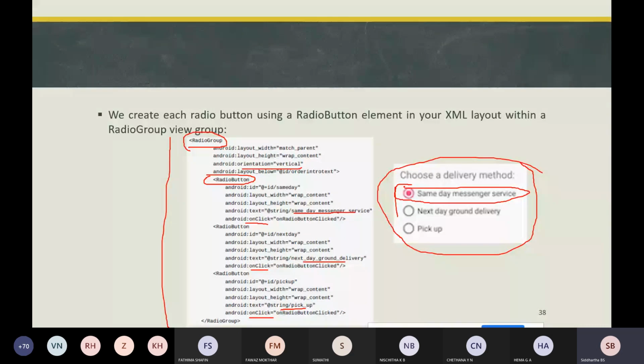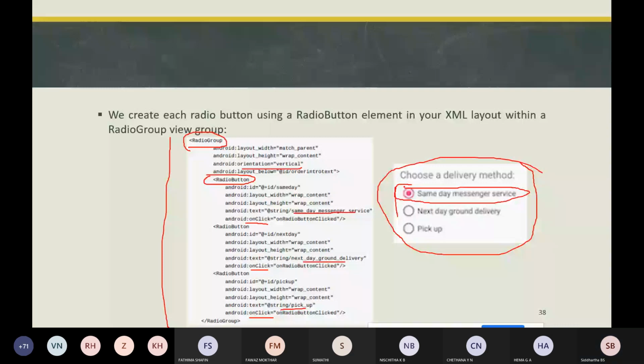As soon as you click on that radio button, that method will be called in the activity. We need to create separate methods in the activity for each radio button element, because each radio button element has its own on-click attribute.